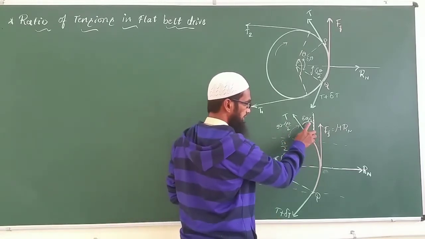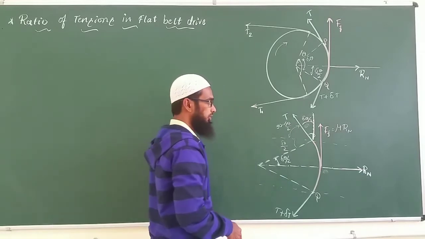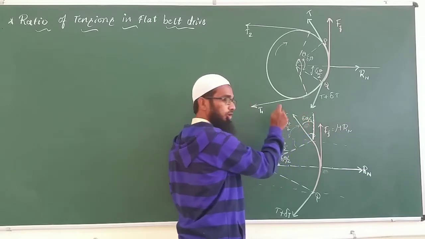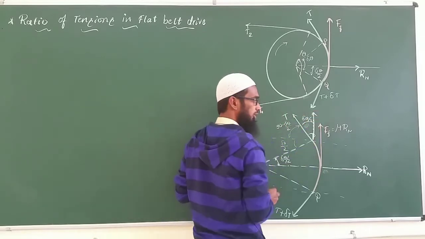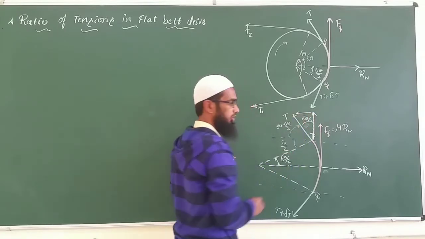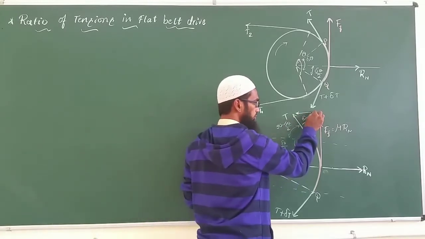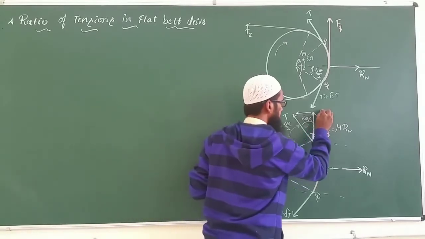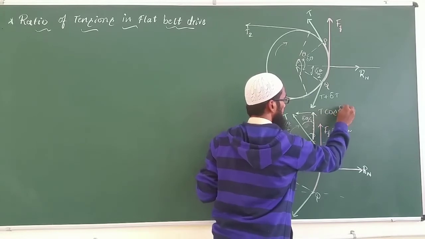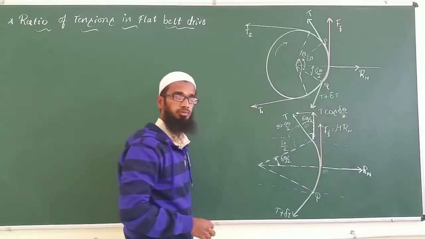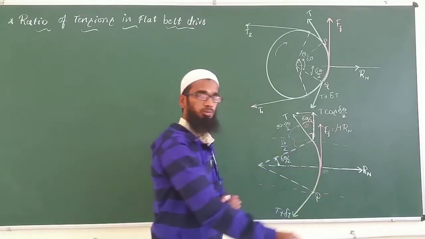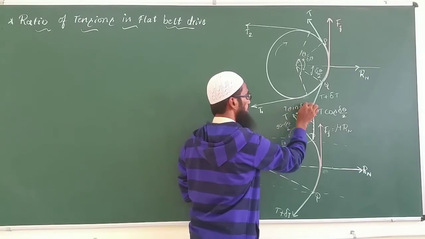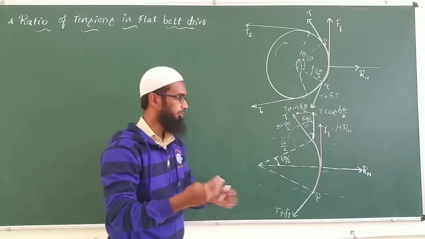Now if it is the angle dθ/2, I have to take the components of this T with respect to vertical as well as the horizontal. Now this is our vertical component and this is our horizontal component. With respect to the angle, the vertical component always has a cos function, so I'll take T cos(dθ/2). But in the horizontal component, we have a sine function, so I can have T sin(dθ/2). Now that part is over.